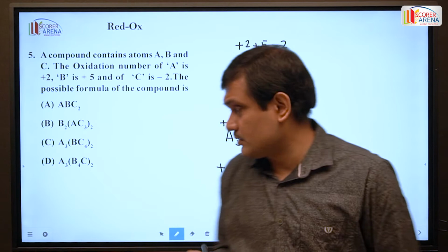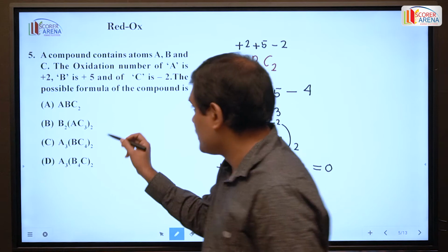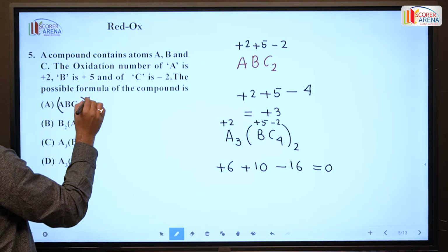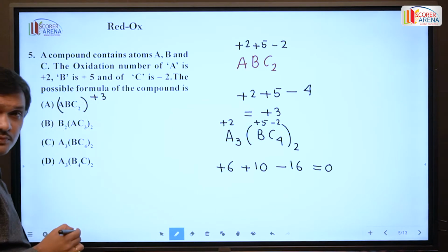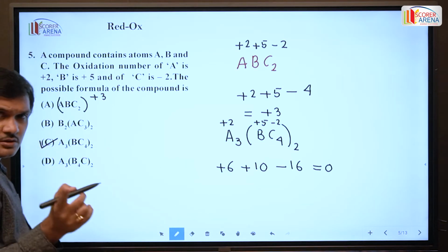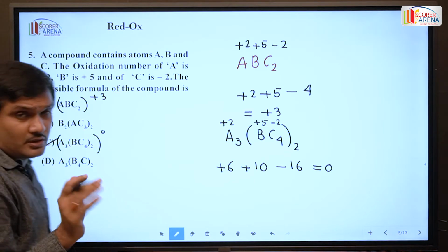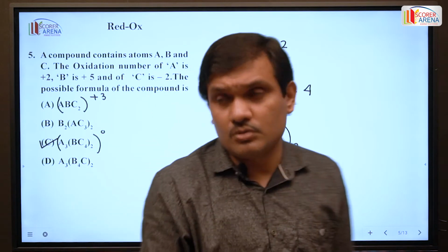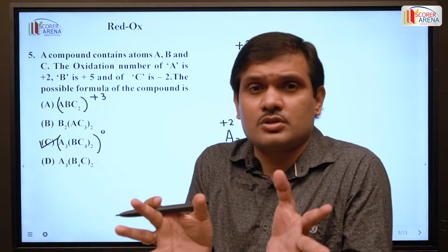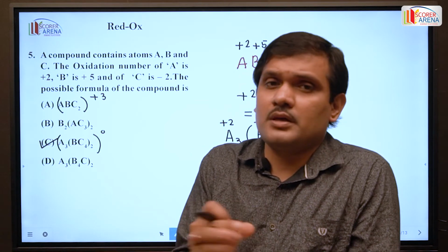So in all the cases you try to find out these values. In all these cases, you will get a net charge of plus 3. This species should have a net charge of plus 3, so it cannot be the correct option. Okay, so the correct option will be C. In this case you will get a net charge of 0. In all other cases, definitely it will not give a 0 value. So our correct option will be C. In solving such questions, just put the oxidation number and apply the method. If it becomes 0, then that will be the correct option.